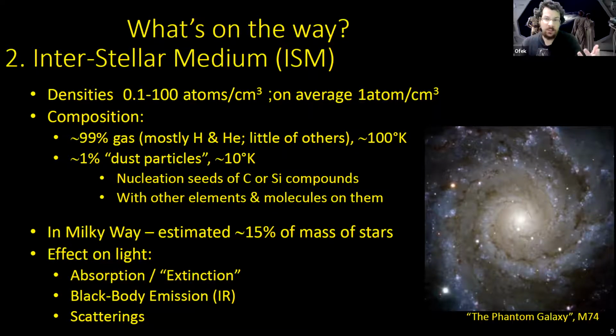And what they can do is, of course, absorb and scatter light at various frequencies. And that's what we see if we look, for example, at a galaxy. Again, any galaxy that you see head on is not our own. This is M74, the Phantom Galaxy, and you can see these dust lanes. What's known today as spiral arms of stars and darker, redder dust lanes in between. So we see both spiral arms and dust lanes together composing the Milky Way.